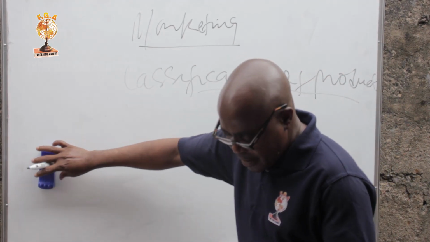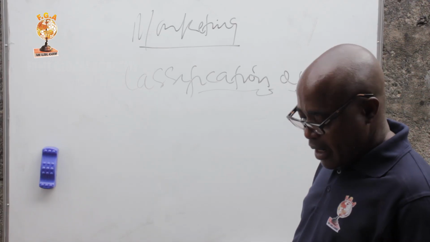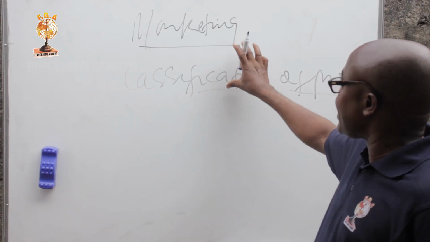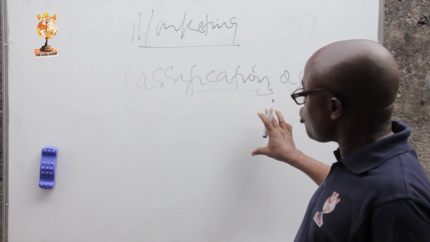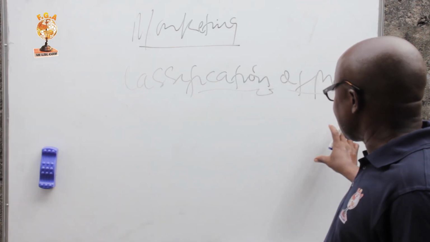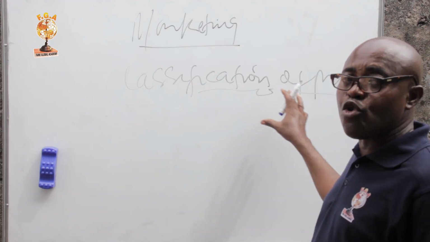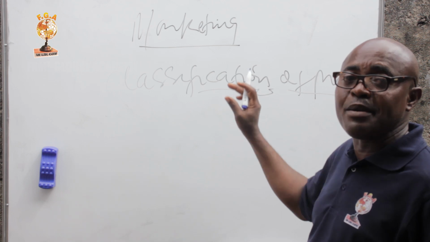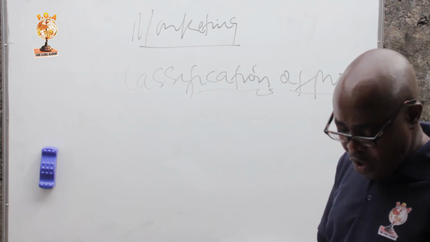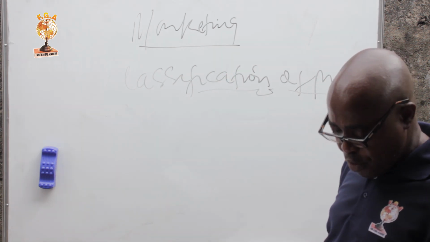Now we talked about the next one, which is classification. Now I want to classify this one properly. All I'm trying to do is introduce to you what it takes to be involved, or what kind of product tends to appear in the market. So now we look at various classifications of products.